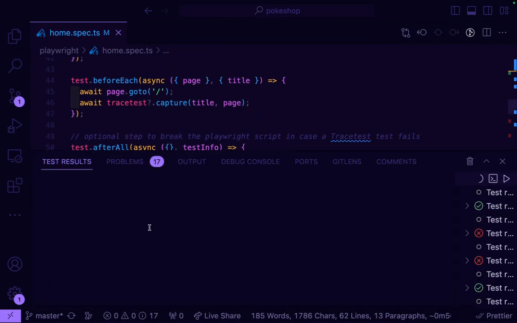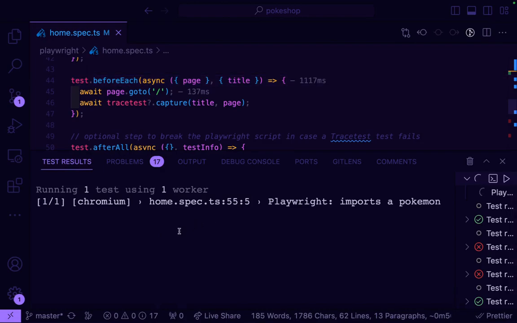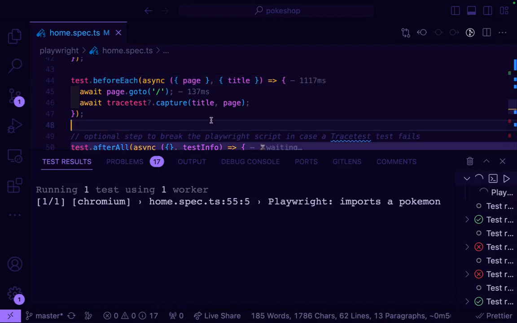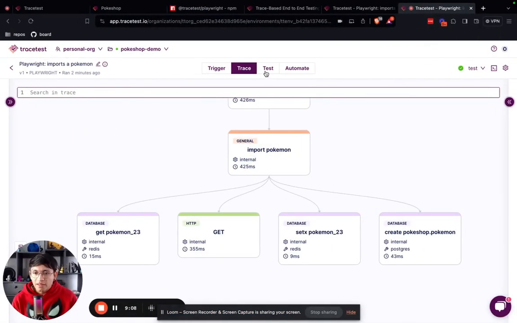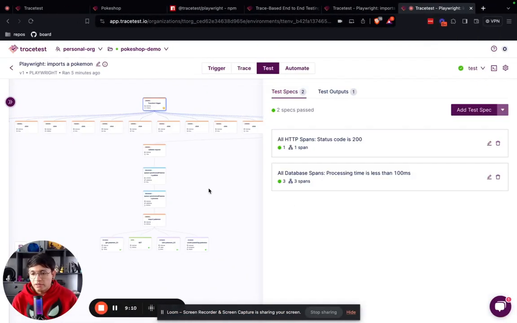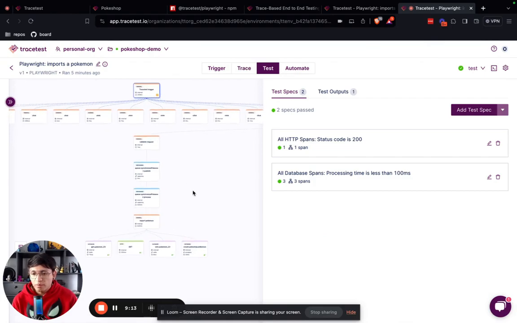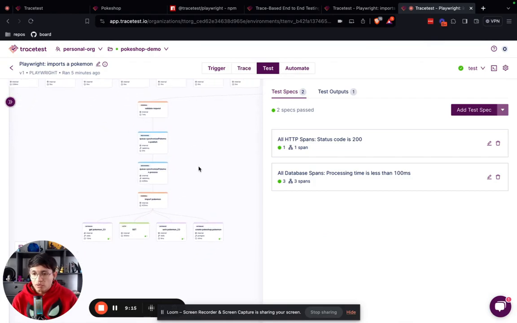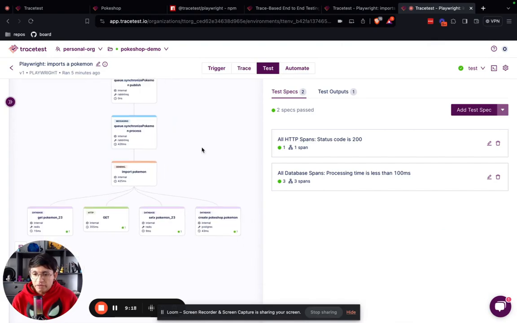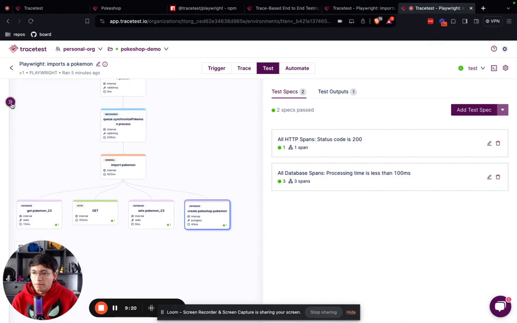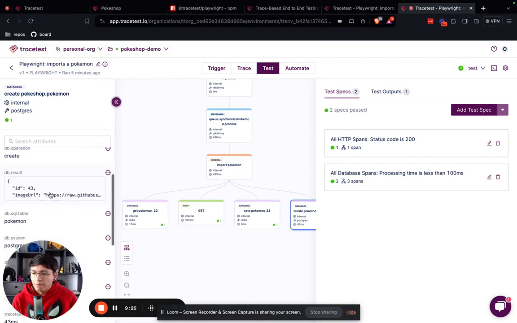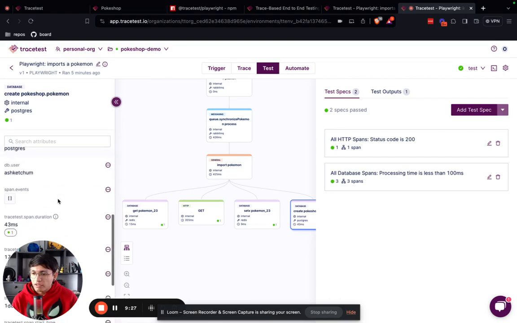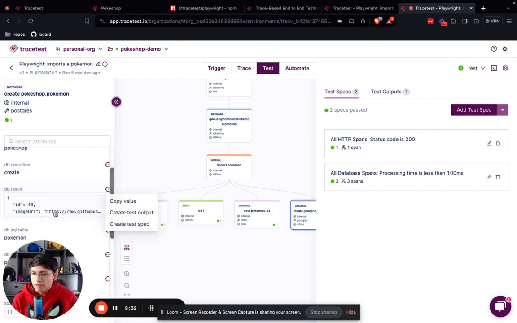With this VS Code editor, you can see what is happening. You can see the output, exactly what things are running, and that will lead you back to the app. The following part is what happens if I want to keep adding assertions. You can keep adding them. Let's say that I want to test that the specific Pokemon was added to the Postgres database. So I can check for the DB result, or I can check for the table that was used, any stuff like that. In this case, I'm going to be testing that the name